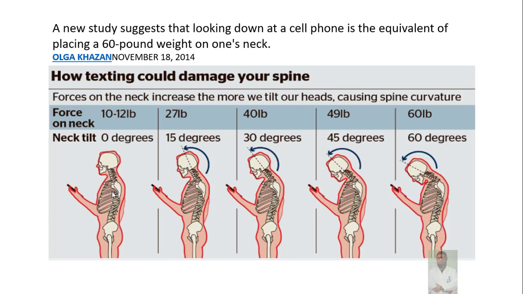But when the neck tilts 15 degrees, it increases nearly 3 times. That means 27 pounds. Increase up to another 15 degrees, that means 30 degrees, it increases 4 times. When 45 degrees, it increases nearly 5 times. When it is 60 degrees, it increases 6 times. So in the normal neck position, that means 0 degrees in the straight position, we have 10 to 12 pounds force on the neck. But